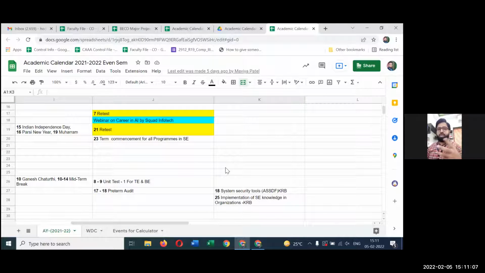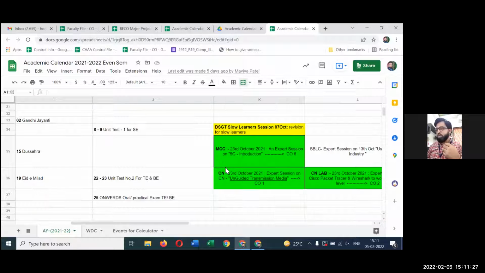Contribution towards academic calendar. So in contribution towards academic calendar, what we do as a course owner is provide the information: for my course, what expert session I have planned and on what date I have planned it. So that information I will be providing. So as you can see here,